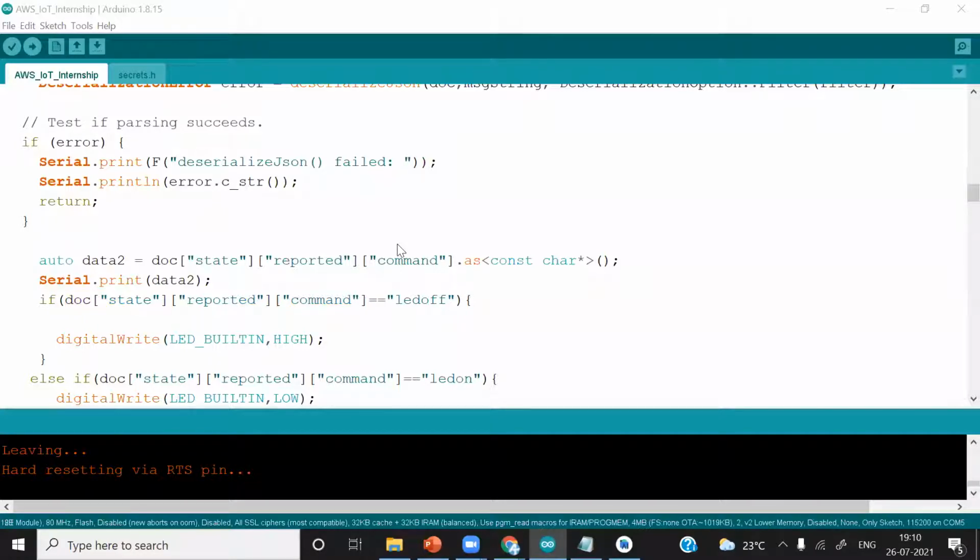So instead of typing LED on and off commands manually, can we automate the same with a virtual button or something? Yes, you can do. Simple. You can create a Python application or an Android application. Earlier we saw how we can control the LED of ESP8266 using an Android application built on Android Studio. Using Android Studio, we control the LED on and off. You can do the same thing with AWS IoT. You can create an Android application and add two buttons, on and off.